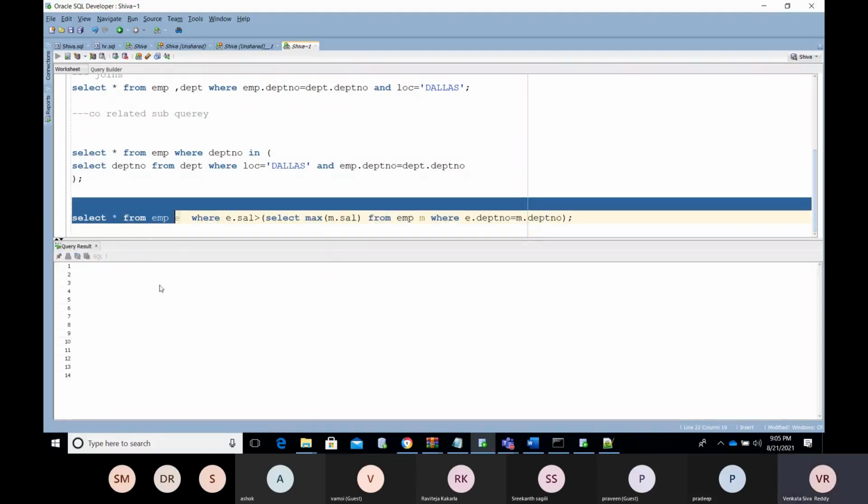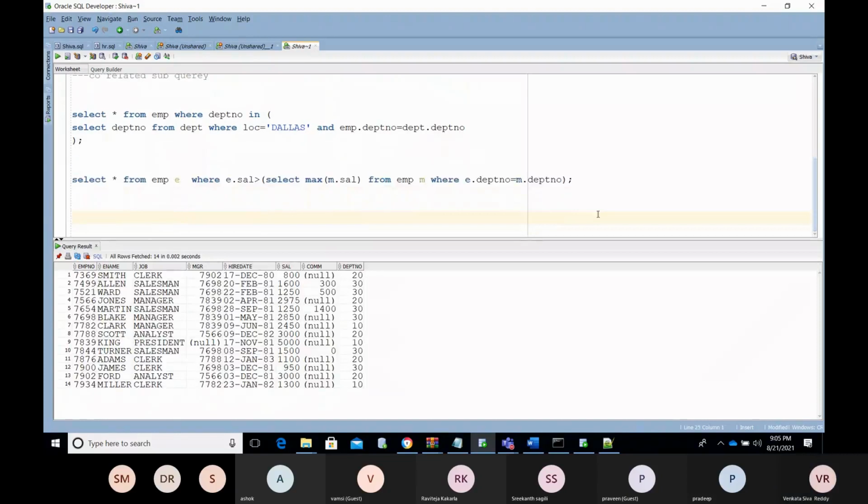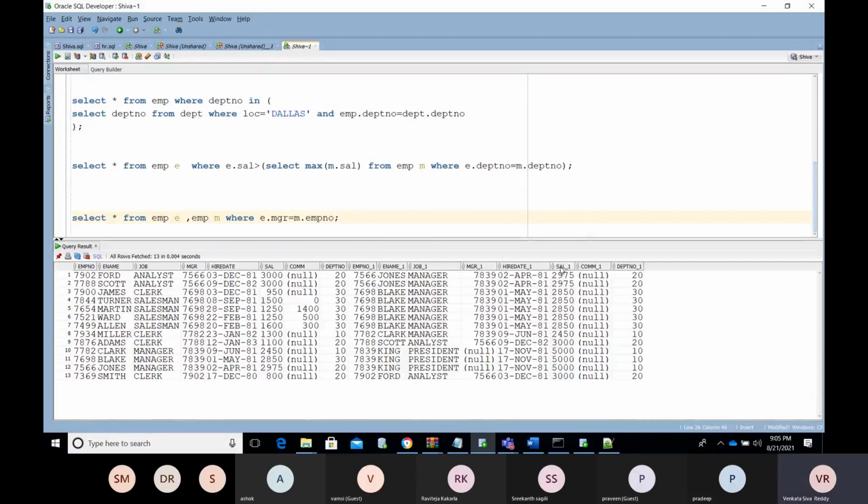Let me check for the detail. So I need to compare the things like EMP E, comma EMP M, where E dot MGR equal to M dot EMP number. Now I got the information.